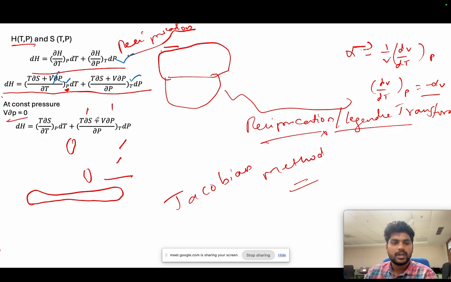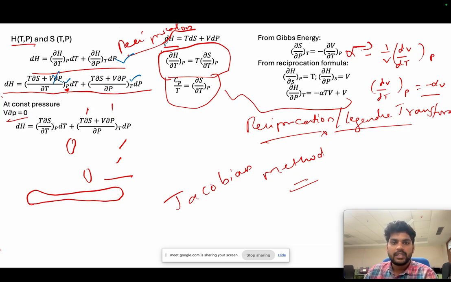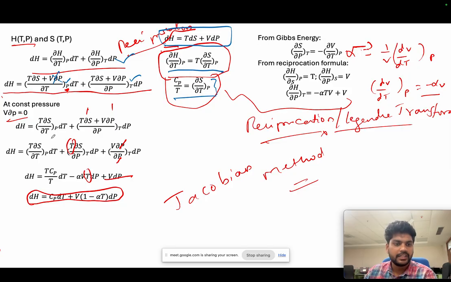If there are no doubts regarding this until here, then we will go on. We know dH equal to TdS plus VdP. I applied the reciprocation formula. So now I know Cp by T equal to dS by dT at constant P. Which we will use here, dS by dT equal to, okay, I'll show it here. And from the Gibbs energy we already know this formula. So if I apply it here, the same thing, dH equal to T dS by dT at constant pressure dT